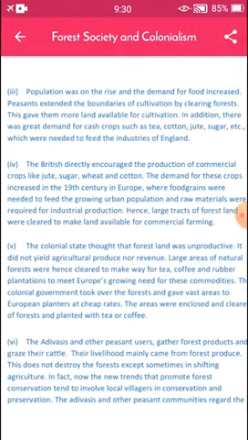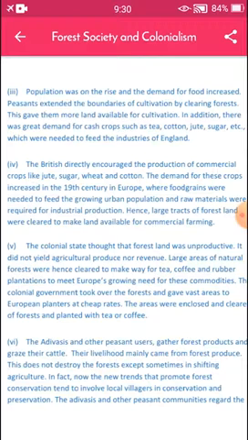The colonial state thought that forest land is unproductive, yielding neither agricultural produce nor revenue.